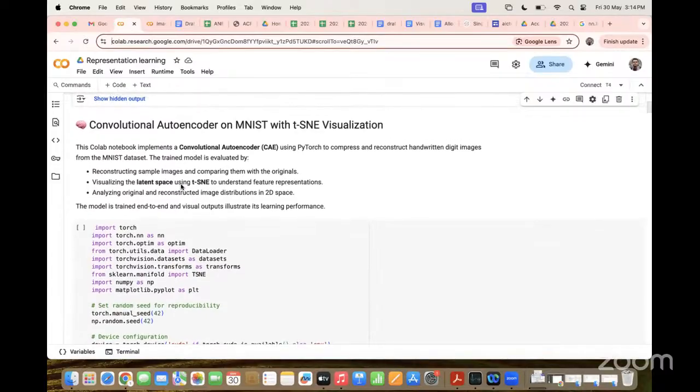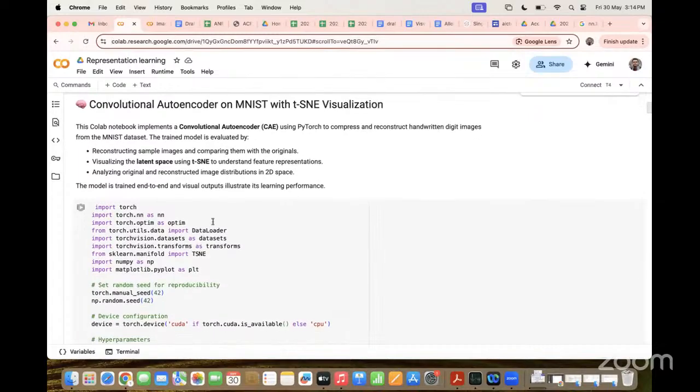Basically, this representation learning contains three separate notebooks or three separate parts. In this, we first do the convolutional autoencoder on MNIST with t-SNE visualization.